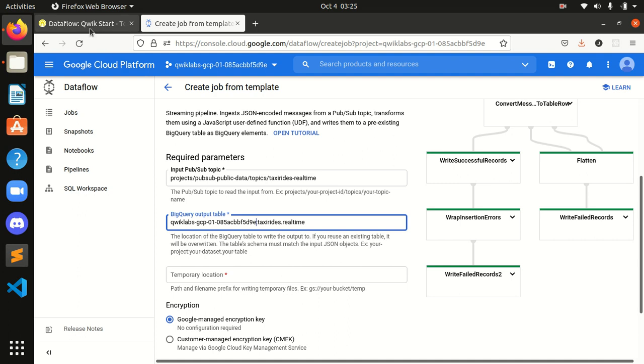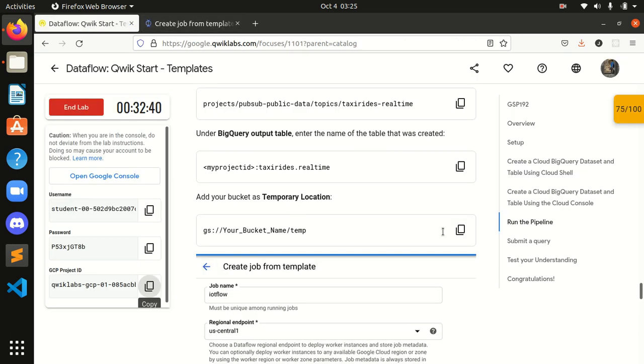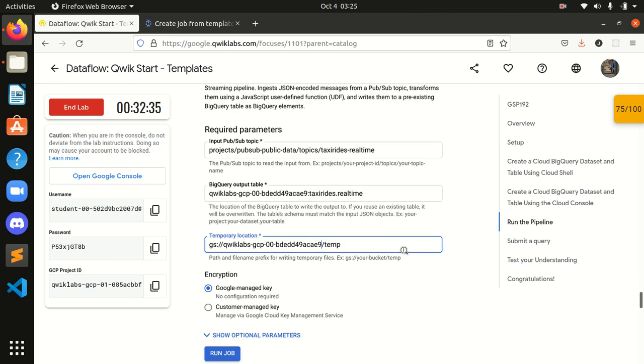I will replace it from my Qwiklabs project ID. And guys, we have to do this also. Okay, as you can compare from this.